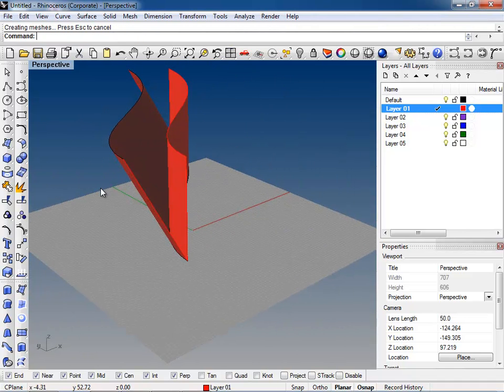Yeah, Davey? I created a curve, and when I press enter, it disappeared. Are you on render mode? Sorry? Are you in render mode? Oh,